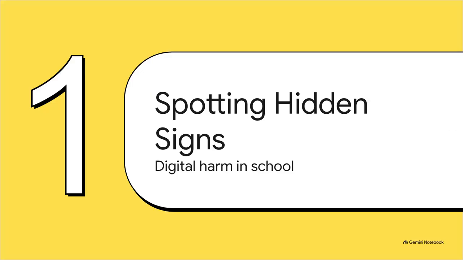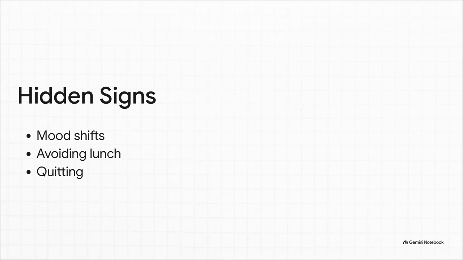Section 1. Spotting the hidden signs. So, how does this actually show up? These behavioral shifts can happen in a flash, and they can be super subtle, but they are absolutely giant red flags. Watch for a student whose mood just nosedives right after looking at their phone. Or maybe they suddenly start avoiding things, refusing to walk down a certain hallway, or completely skipping lunch. Another one, dropping an activity they used to love for literally no reason. And digitally, keep an eye out for social media accounts that are just abruptly deleted and totally rebuilt. Guys, these aren't just random teenage phases. They are deeply ingrained survival tactics when a kid is being targeted.